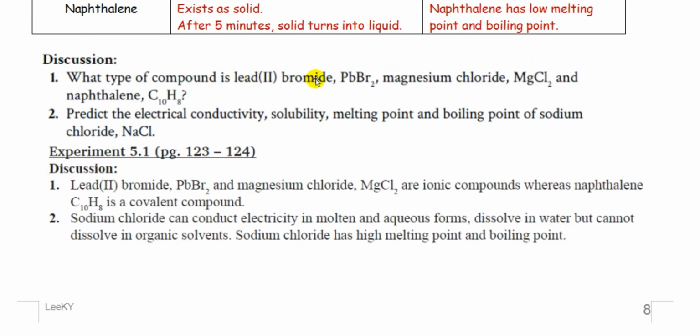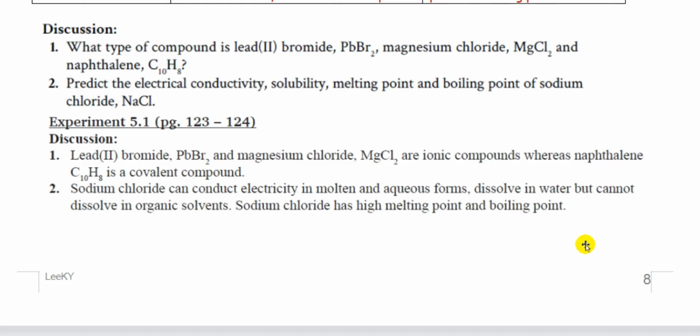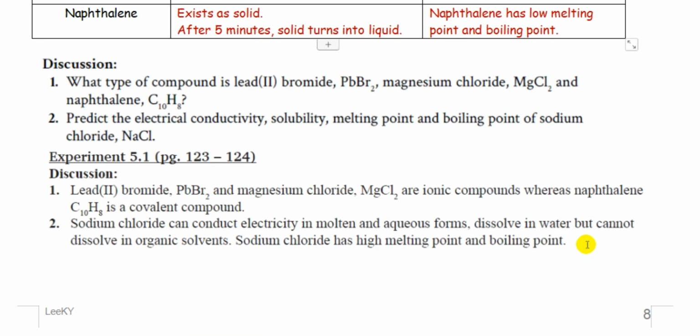Discussion: What type of compound is lead bromide? 答案是 lead bromide and magnesium chloride are ionic compounds, whereas naphthalene is a covalent compound. Predict the electrical conductivity, solubility, melting point and boiling point of sodium chloride. 我们知道 sodium chloride 是 ionic compound，所以 sodium chloride can conduct electricity in molten state or aqueous solution, it dissolves in water but cannot dissolve in organic solvent, and it has a high melting and boiling point. 就这样子，简简单单的3个实验，我们迟些在学校做。